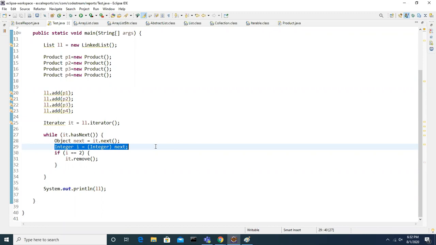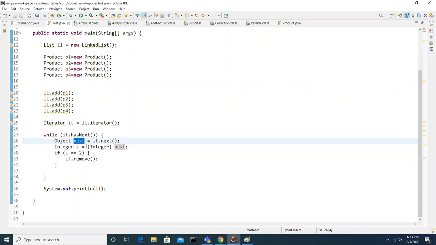What kind of value will be held in the next variable? What type of data will be held by the next variable? it.next is going to return some object. What type of object value will be stored in that next variable? All kinds of data, sir.